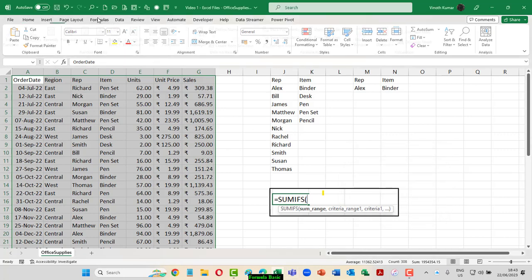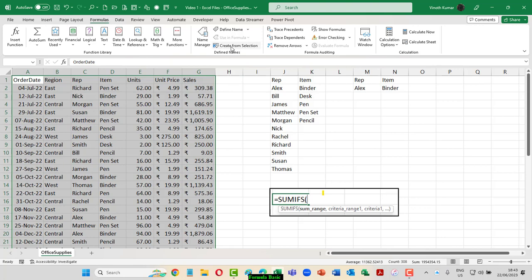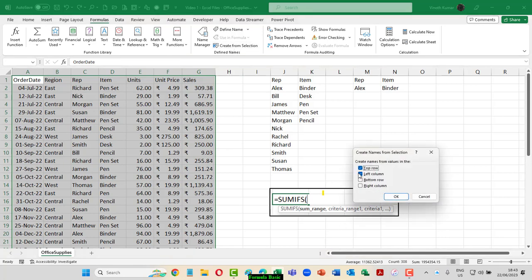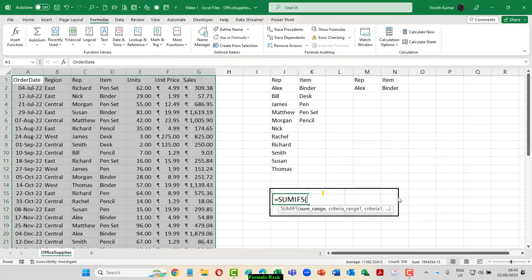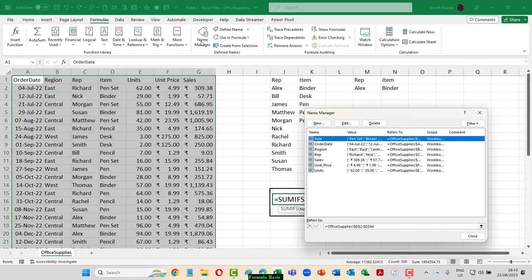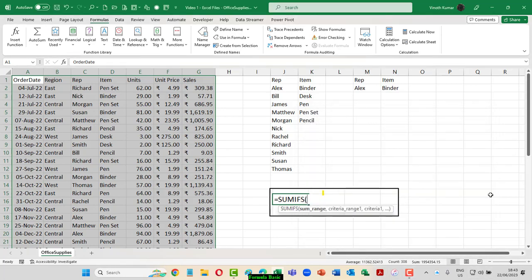I'm going to go back to my formula here and click create from selection, and then I'll uncheck the left column. I preferably name all my columns by the header of the column in the dataset. So the first column will be named order date, region, rep, and so on until sales. I'm going to click OK. Now I've got all my names ready in this list. When I go back to my name manager in the formula bar, you can see all these names are added as separate names. So now when I go back to my SUMIFS functionality,